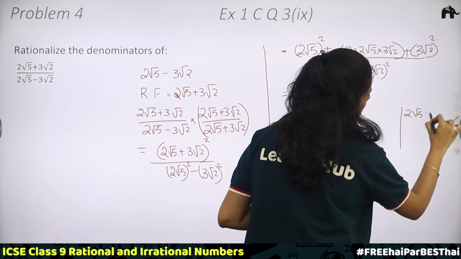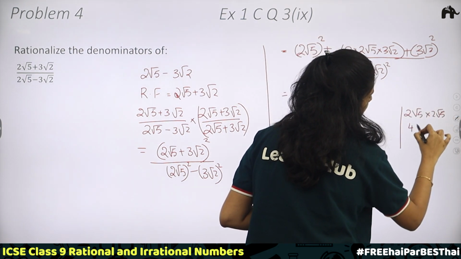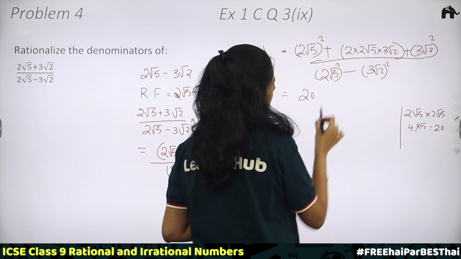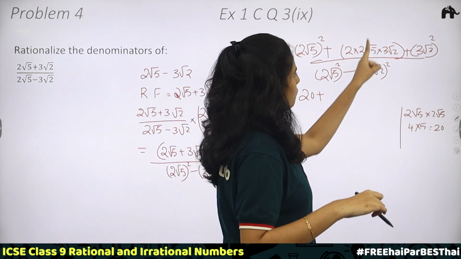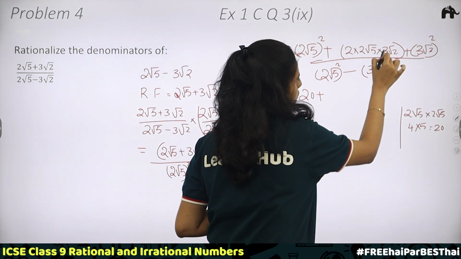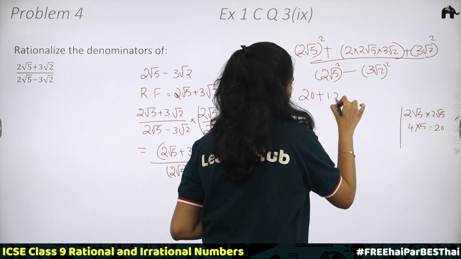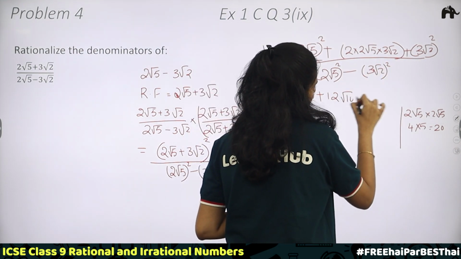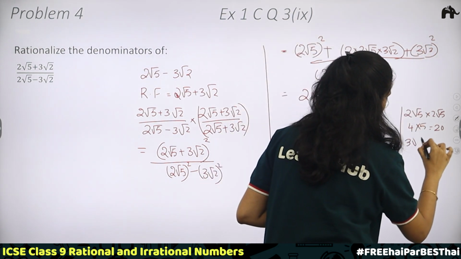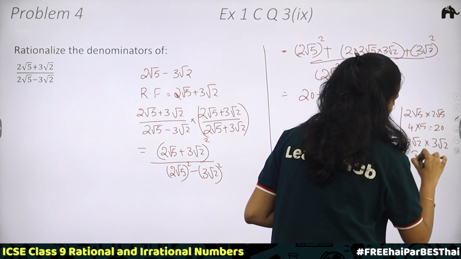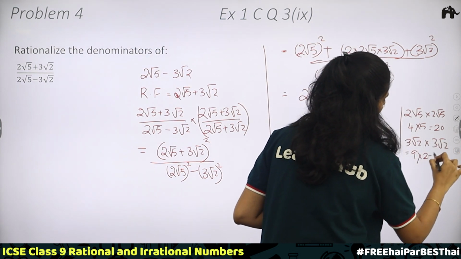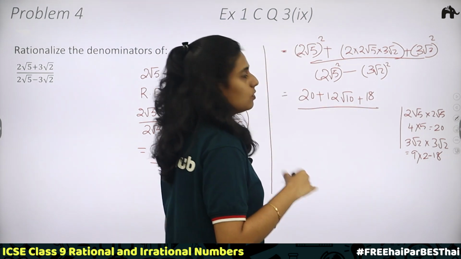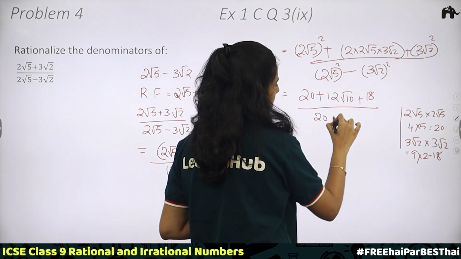2 root 5 into 2 root 5, 2 into 2 is 4 into root 5 into root 5 is 5, which is equal to 20. We get 20 here plus 2 into 2 root 5 into 3 root 2. 2 into 2 is 4, 4 into 3, which is 12. Root 5 into root 2 is root of 5 into 2, which is equal to root 10, plus 3 root 2 square, 3 root 2 into 3 root 2, 3 into 3 is 9, root 2 into root 2 is 2, which is equal to 18. Okay, so 18 divided by 2 root 5 whole square we have determined, which is 20, minus 3 root 2 square is 18,